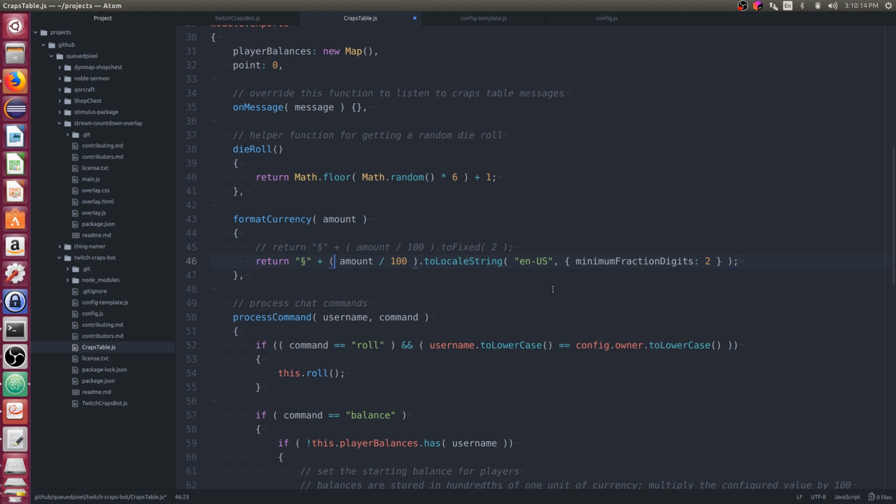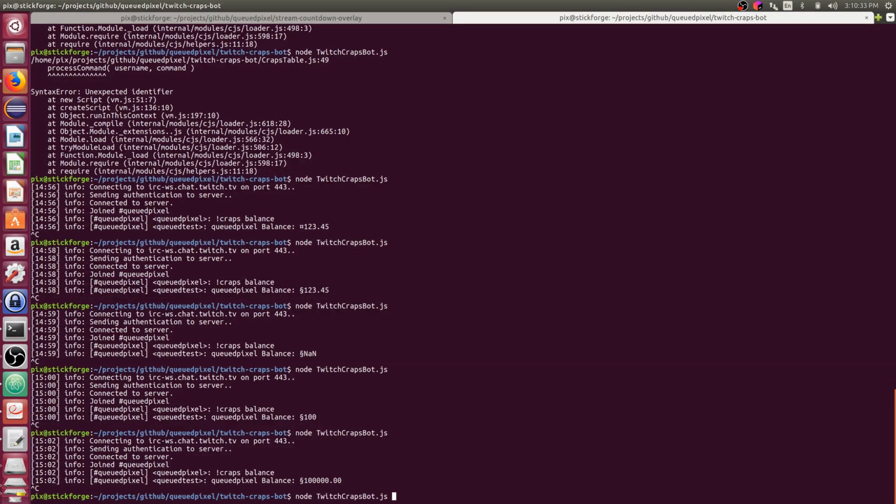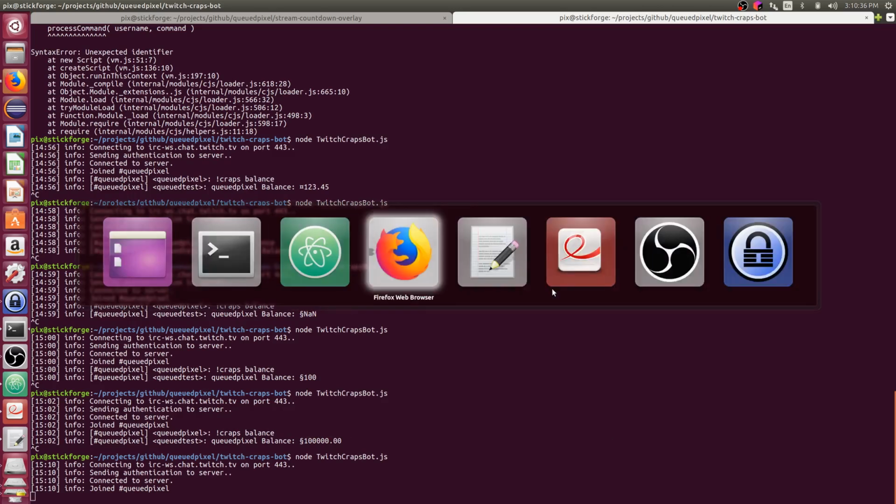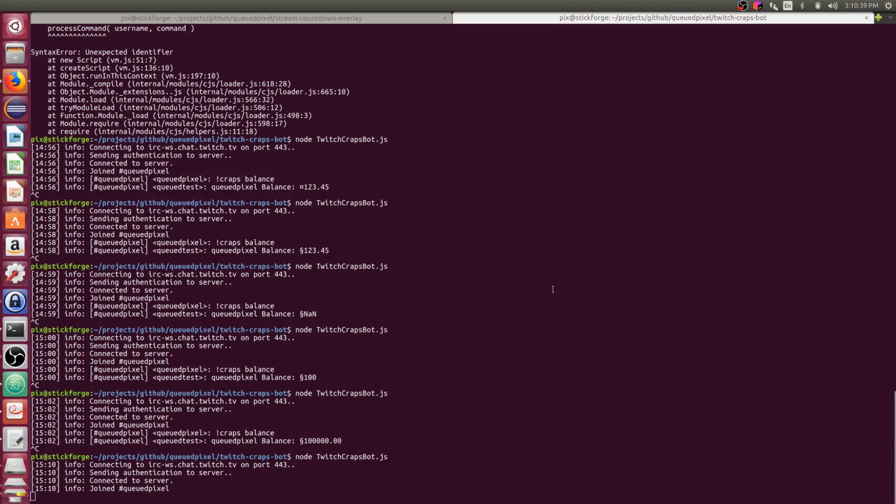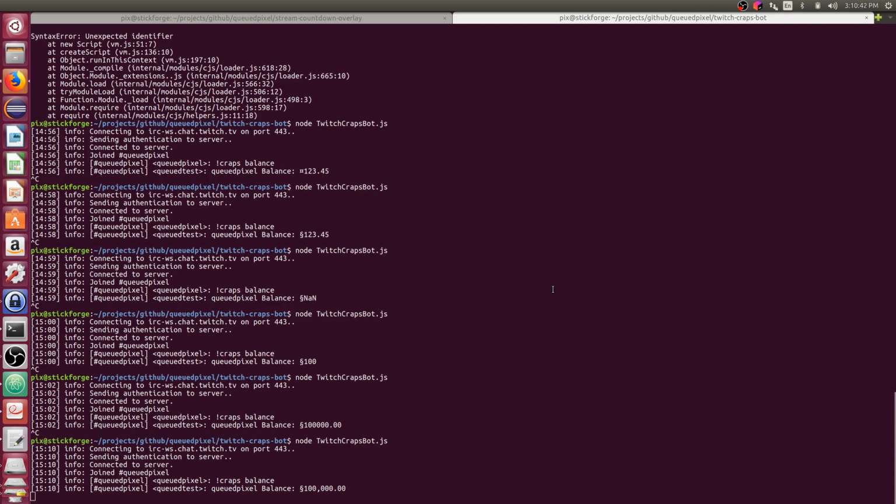Yeah, so we divide the amount by 100, so we get to the hundredths place. We get the pennies if we're using dollars. toLocaleString should use the comma separators, and minimum fraction digits will give us those 2 digits. So let's give this a try, see what that looks like. Excellent, so we have 100,000 with the commas, with the currency symbol, and with the decimal point and the 2 fractional digits. So I think that is perfect.